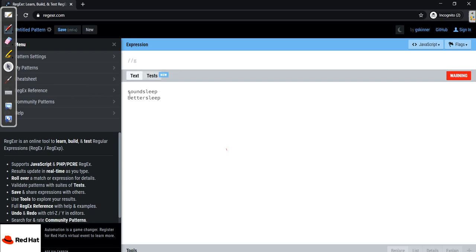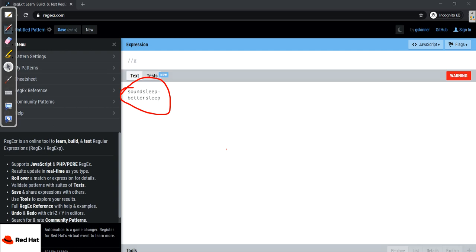So here comes sound sleep and better sleep, and we have to write a regular expression to match both of them. Now we can see here sleep is common in both of them, but coming to sound and better, there is nothing common between these.